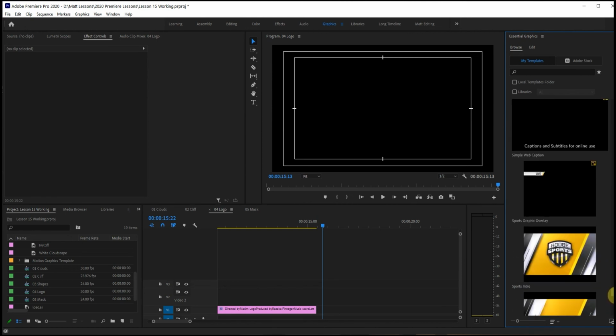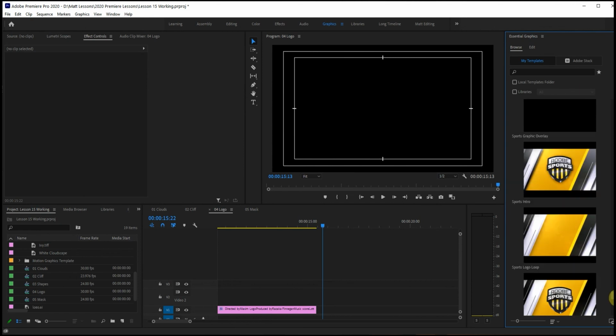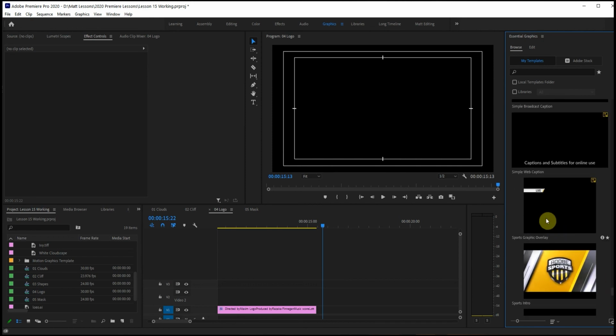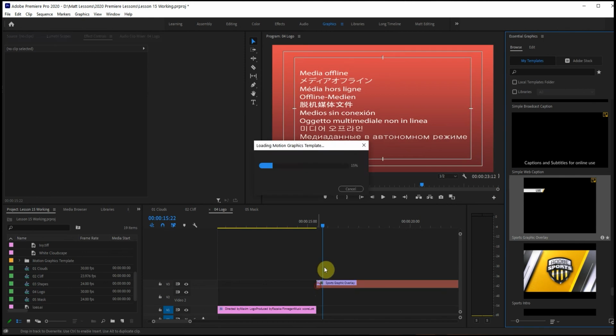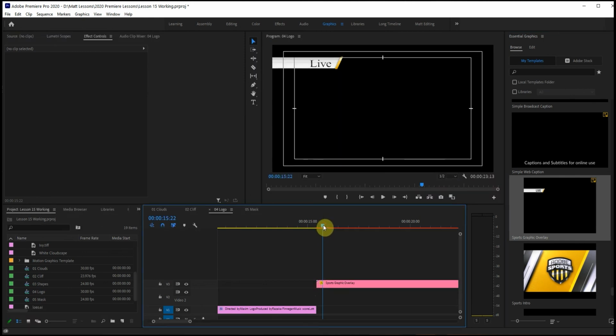So some of these look fancy, but the drawback is if you were to drag this over, it takes a lot of computing power, and it might take you a long time to even get it to transfer over. I'm going to show you probably just a simple one like this little live logo. So I can just hold that and drag it over to any of these tracks. And this one wasn't too bad, it came over pretty quick. Some of these of course are animated, and that's how you would then edit this,